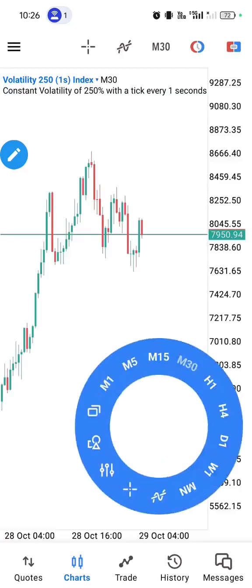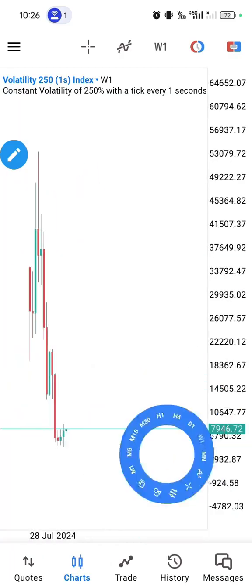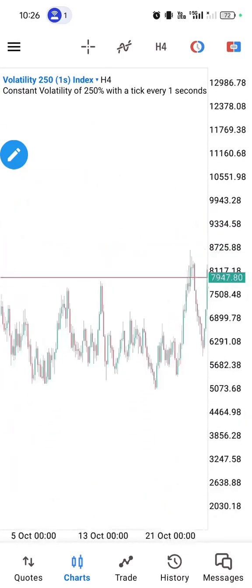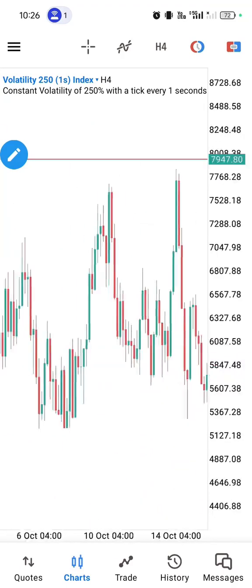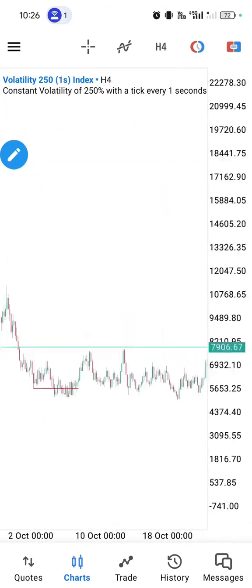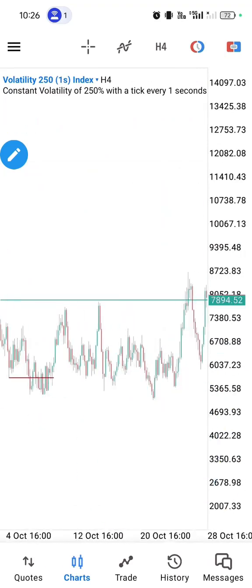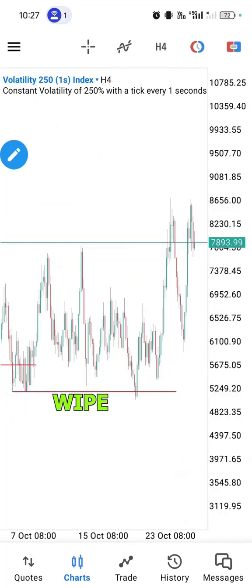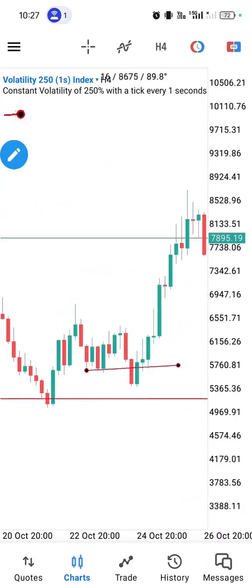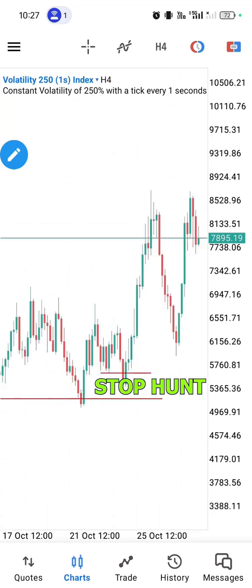Now let me just hide the active orders so that they won't be distracting us during the analysis, and of course our setup is just on the 4-hour time frame. So the break of structure below that low, and as soon as price broke structure below the low, it consolidated. Now you can see the consolidation there, and then it gave us a swipe. Now that swipe is a liquidity grab, price grabbed liquidity, and then inside the range gave us a stop hunt,